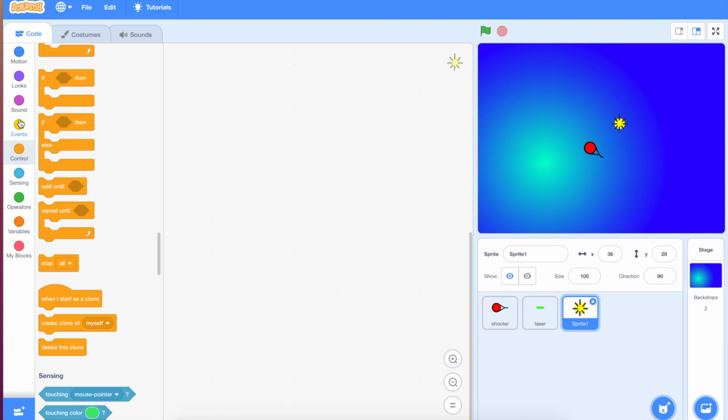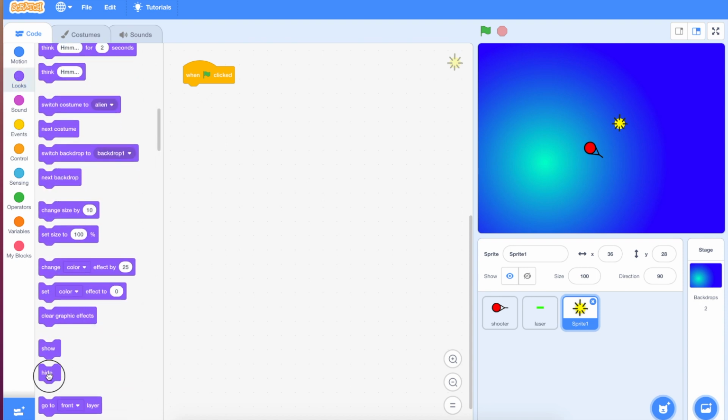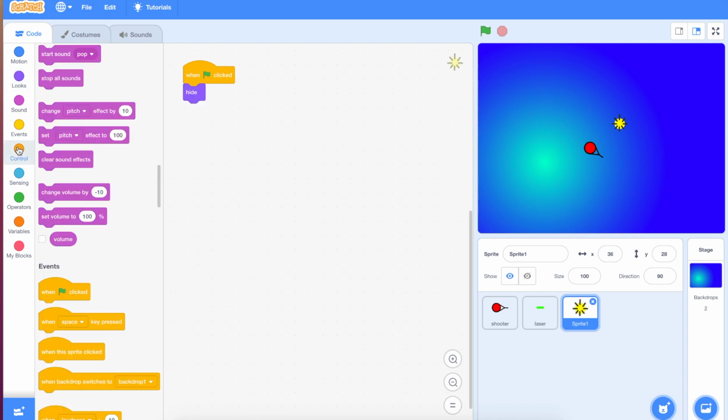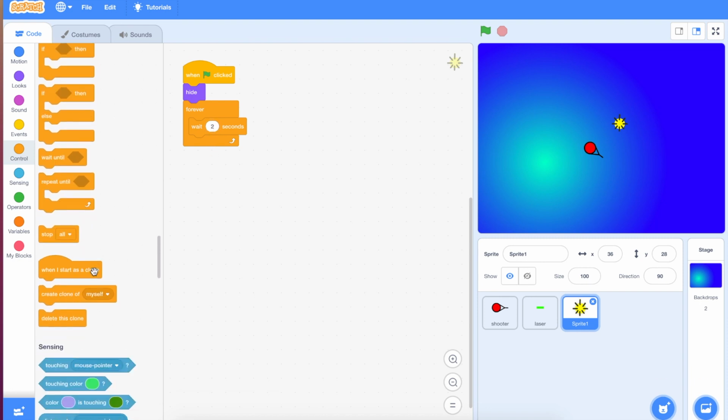So the first thing we need is an event, green flag. When the green flag is clicked, first of all I'm going to hide him. Hide. And then forever, wait, now we'll wait a couple of seconds before I create a clone. This means that I get a new clone every 2 seconds, so that's an important figure there. You might need to change this. So every 2 seconds create a clone, and then when I start as a clone, pop that one up there,